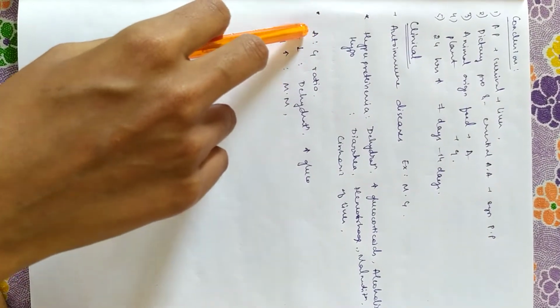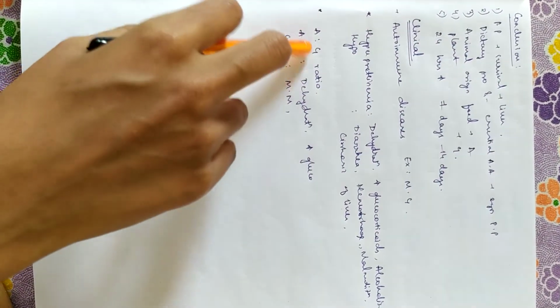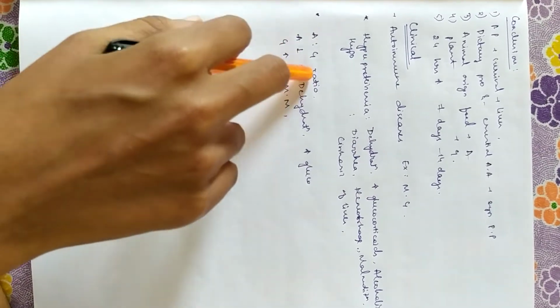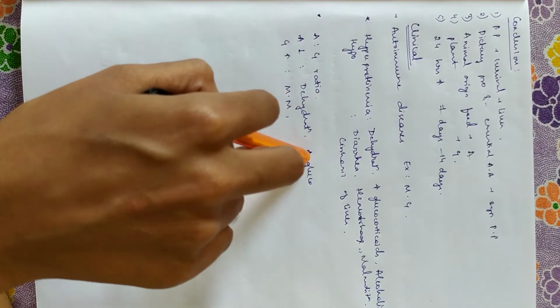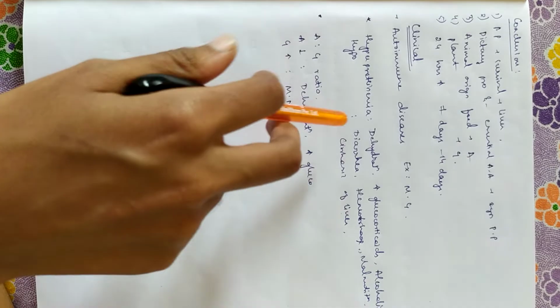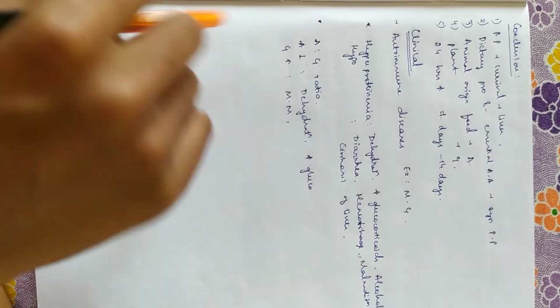There can be alteration in the AG ratio. It occurs when either albumin decreases or globulin increases. Albumin increases during dehydration or excess of glucocorticoids, or globulin increases due to multiple myeloma and other cases.